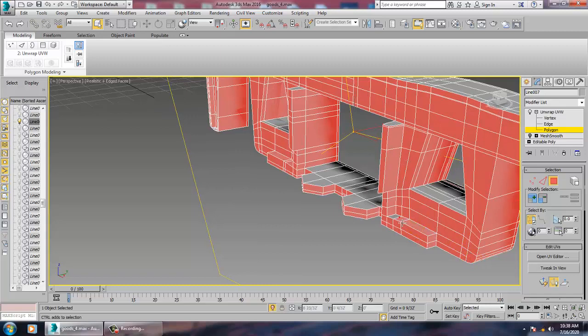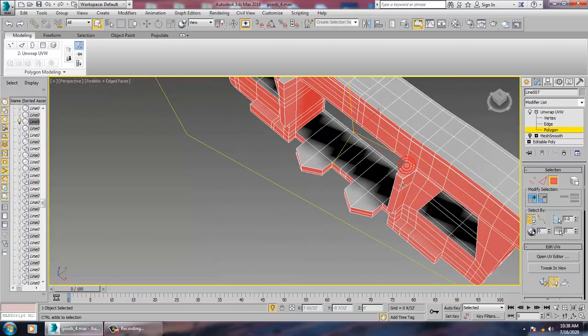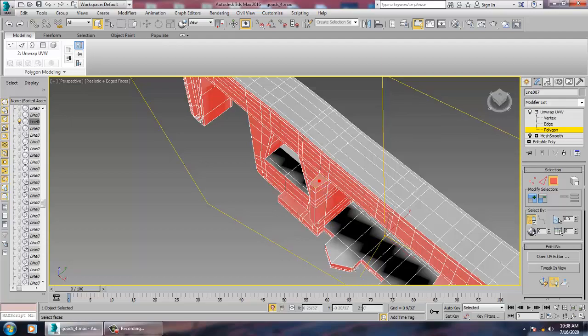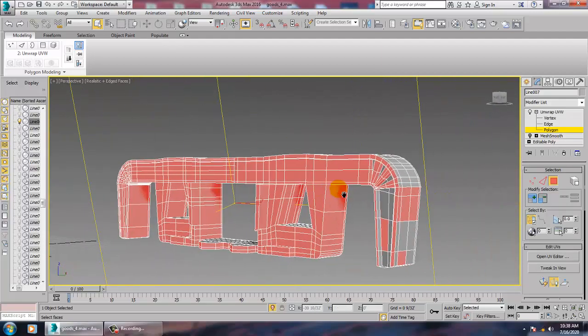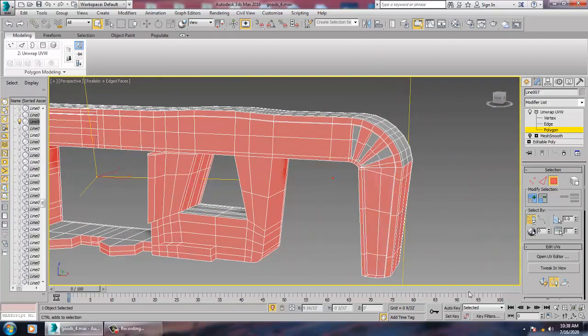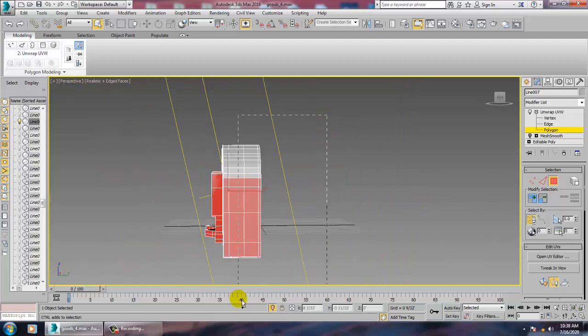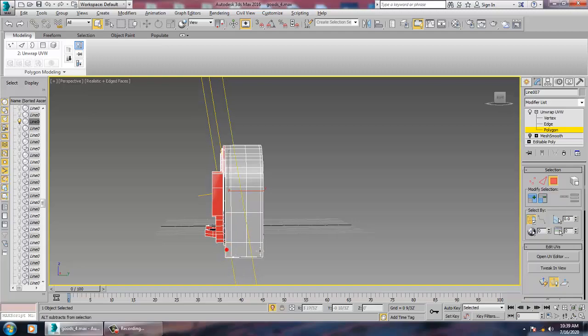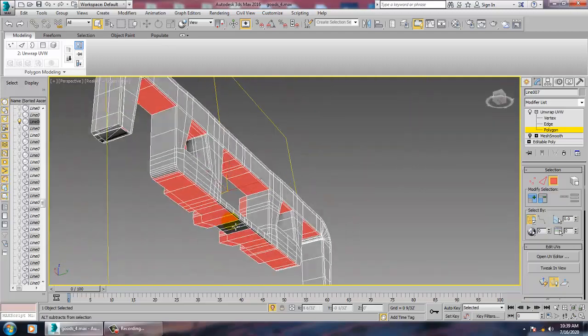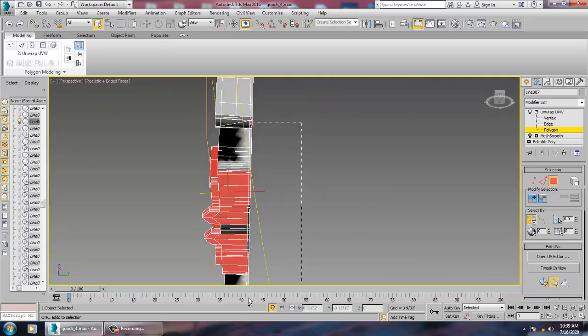So select all of this polygons. Alt and just subtract this. Make sure you're not selecting the bottom face.